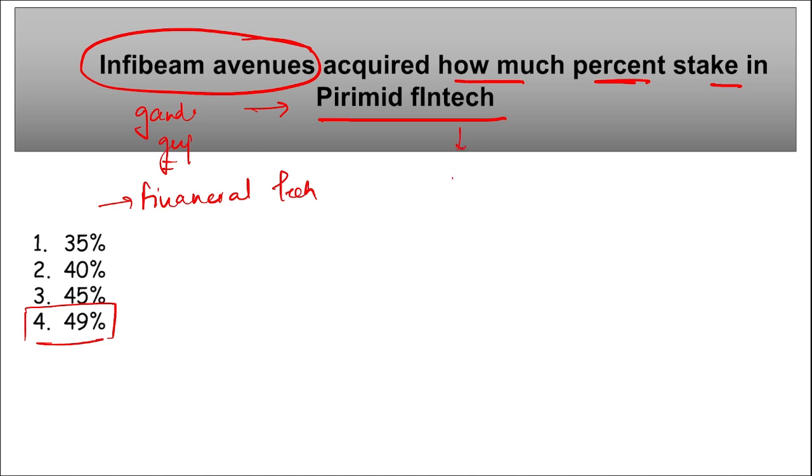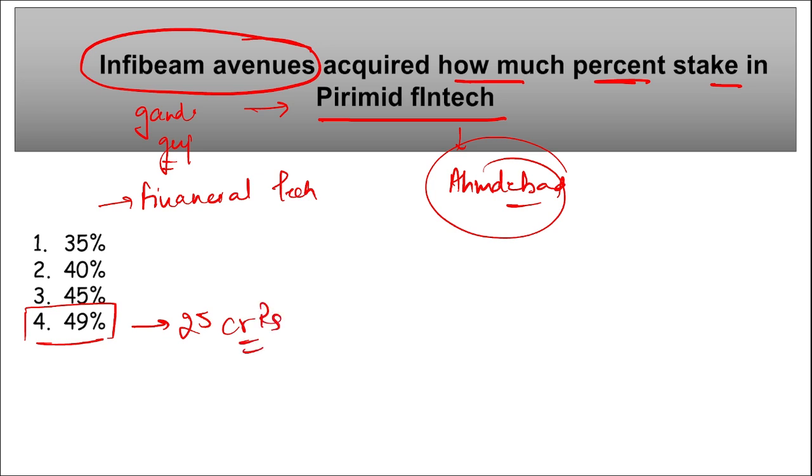And Pyramid Fintech, this is Ahmedabad based financial service company, correct? And they will be acquiring 49% stake by investing 25 crore rupees, right? Next